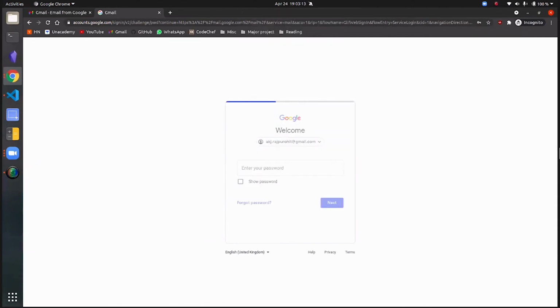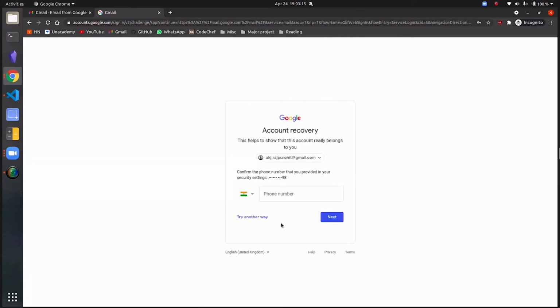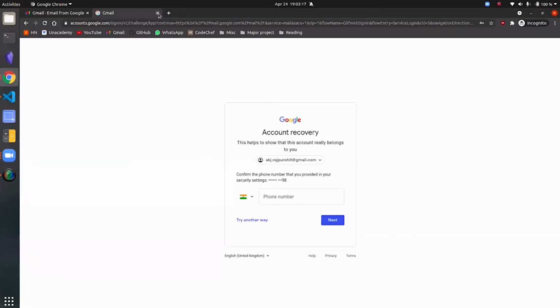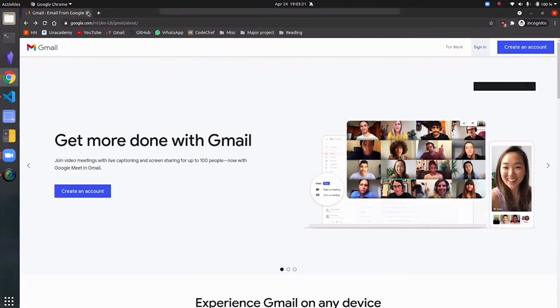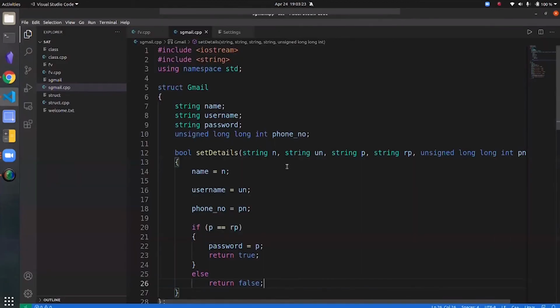Normally it'll ask me the phone number and everything. But in many websites, when we want to reset our password, it'll ask us to enter our old password first, and then it'll check if the old password and the stored password are the same or not.